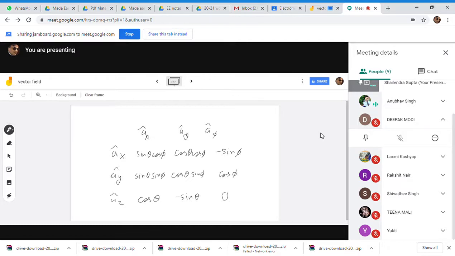Sir, I have downloaded the Jamboard app, but still, you cannot see these slides? Yes sir, they are not visible. Slides are not visible? Yes sir. Okay,